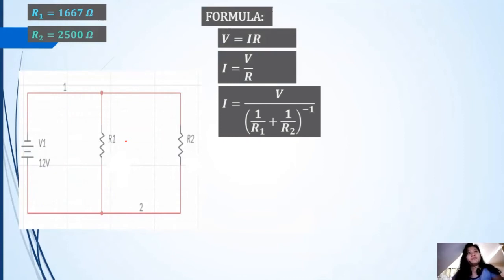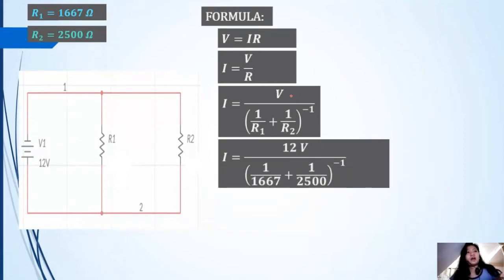Since we are solving for the total current flow, and in this one we have a parallel circuit, the way to get the total resistance is through this formula, which is 1 over R1 plus 1 over R2 to the power of negative 1, which is the reciprocal. So let's substitute. Our V is the EMF, or the electromotive force, which is 12 volts, all over